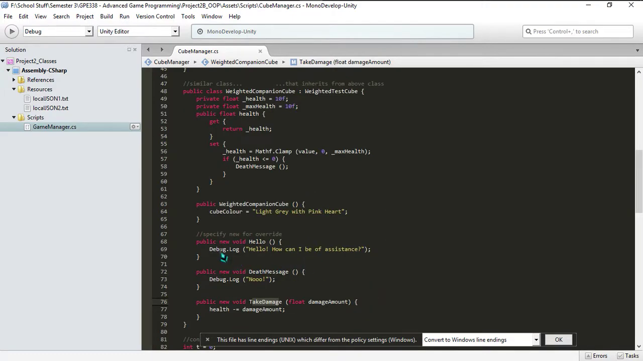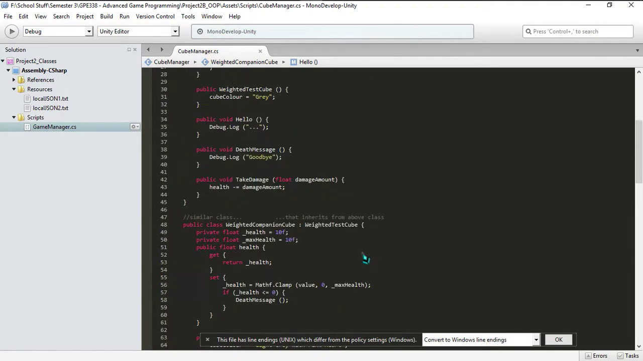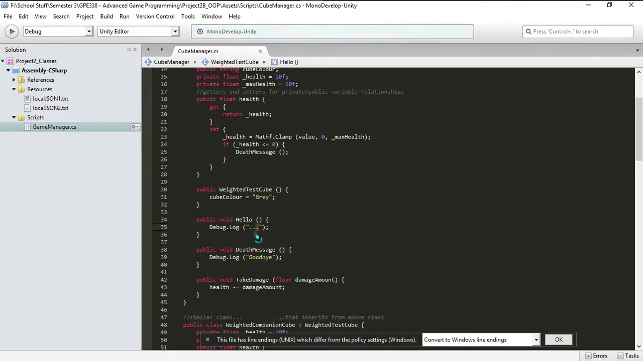Finally, you may have also noticed, instead of just having public voids, we have public new voids. This is for overriding and specifically for polymorphism. This is so that when the weighted companion cube calls hello, it calls this hello message, the friendly one, instead of the slightly colder, more